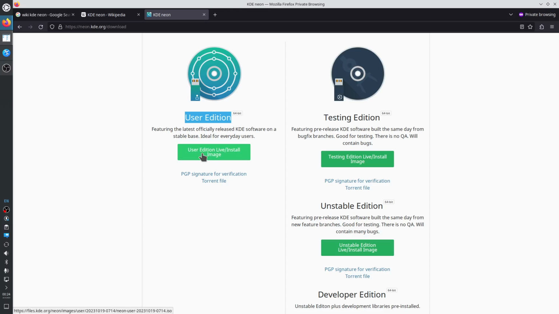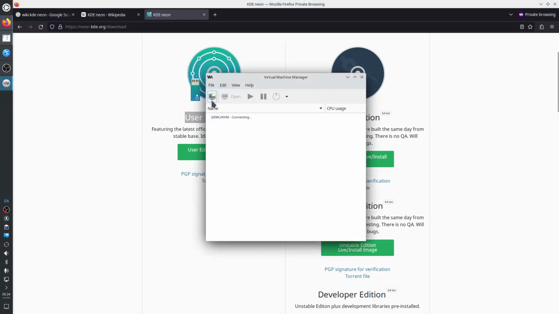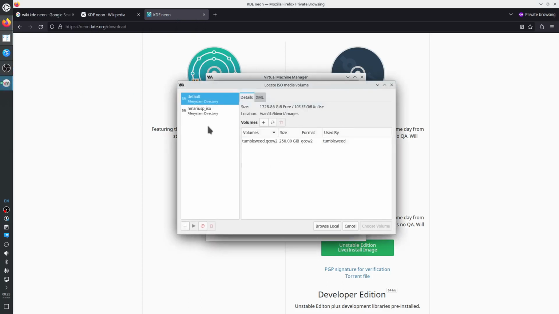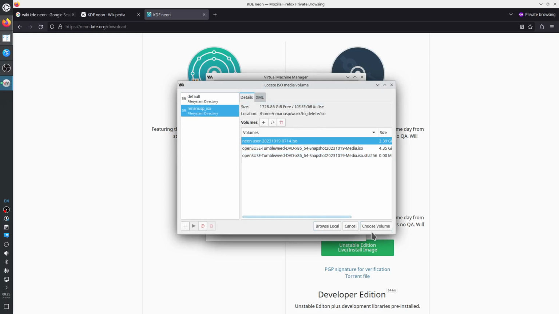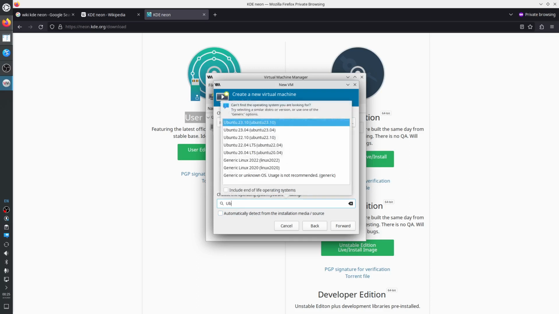I've already downloaded the file. Let's create a virtual machine. So Virt Manager, File, New Virtual Machine, ISO, Browse, Neon User, Choose. It does not detect the type of operating system, so I'm going to use the latest Ubuntu